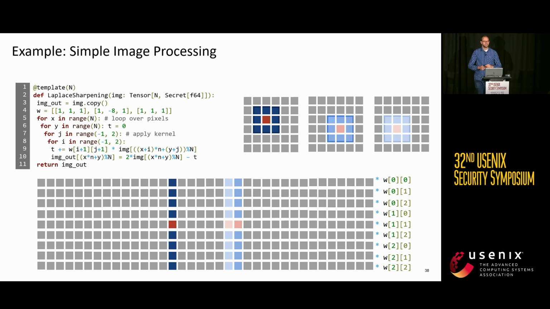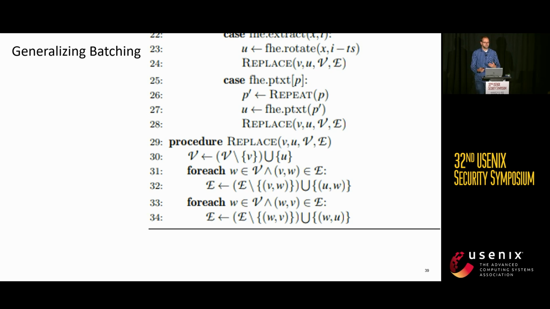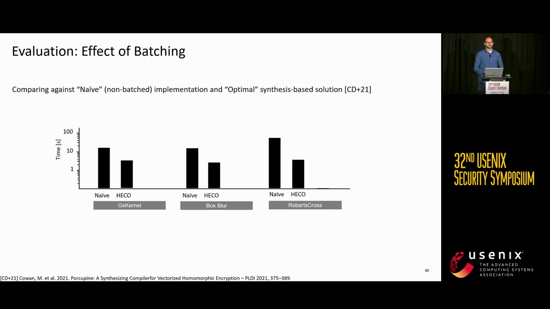And obviously, this is just an example, and it relies really heavily on choosing the correct slot in each of the iterations. And in the paper, we generalize and automate this approach to apply similar batching techniques to a variety of different workloads. But because of time reasons, I'm going to have to refer you to the paper for this one. Instead, I'm just going to briefly show a few of our evaluation results, which demonstrate that HECO achieves an order of magnitude speedup compared to a baseline that doesn't consider batching.